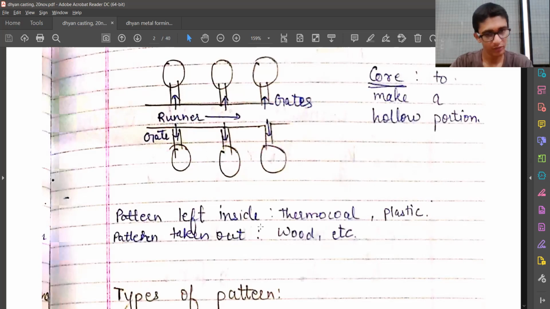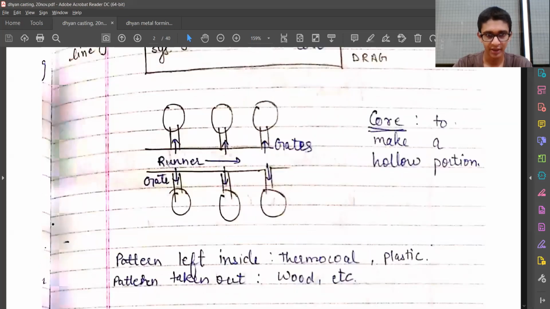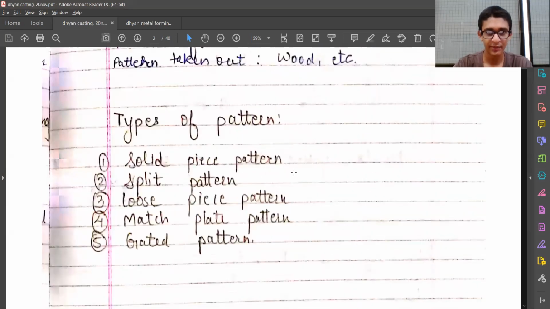And what are the different types of pattern? We have solid piece pattern, split pattern, loose piece pattern, match plate pattern, and gated pattern. Gated I have already explained. The solid piece pattern means we have only a single piece of the pattern, whereas split pattern means we can split the pattern into two halves. Loose piece means in case it's so complex to make a single part and fix it inside the mold, we make them in loose pieces, and then as and when we are going to mold it, we fix the loose pieces there,